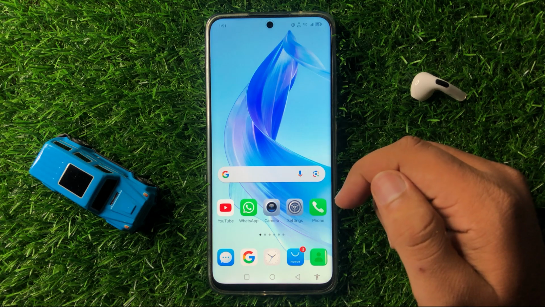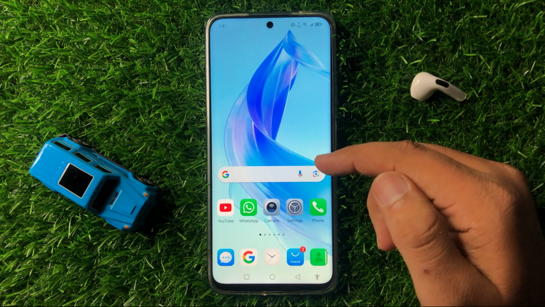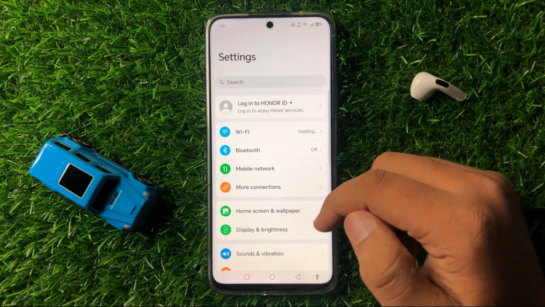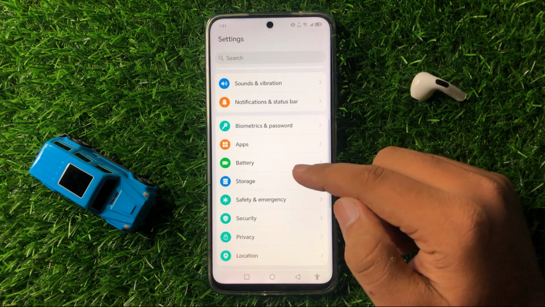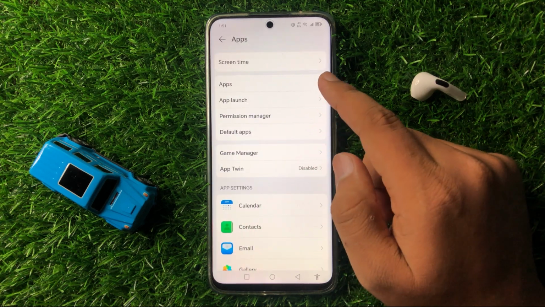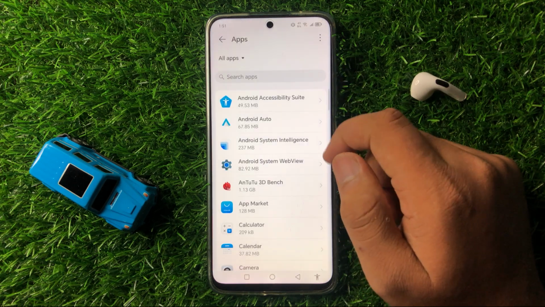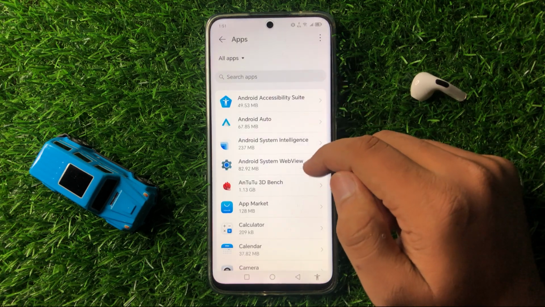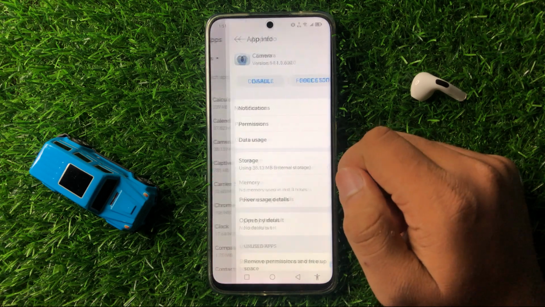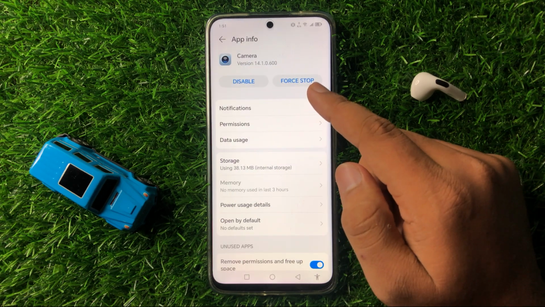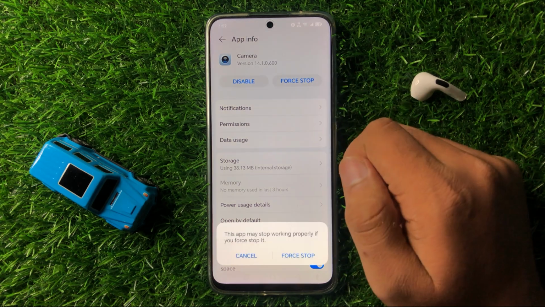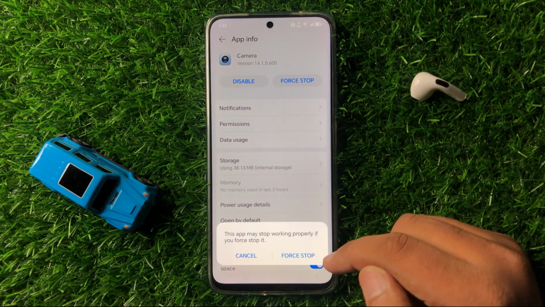And after doing this, if you are still facing the distortion issue, then open settings, scroll down and click on apps, and then again click on this apps option. Now here in apps, scroll down and here click on camera, and then in camera tap on force stop, and from the pop-up again click on force stop,